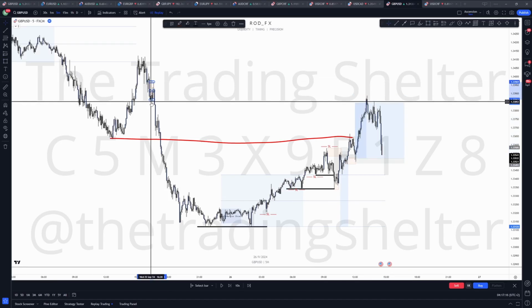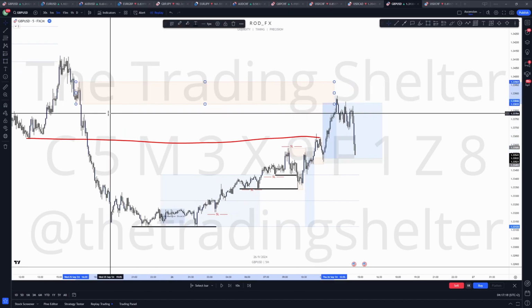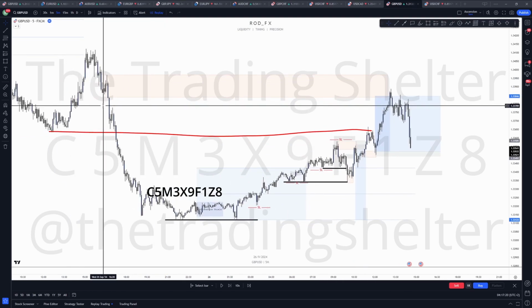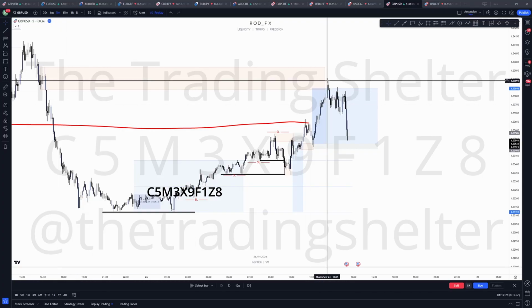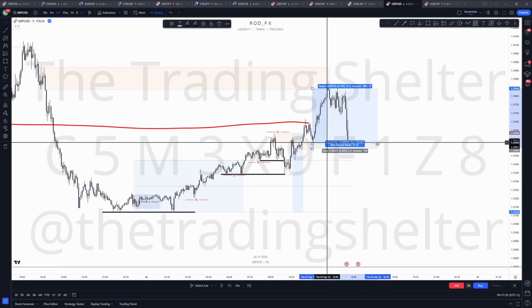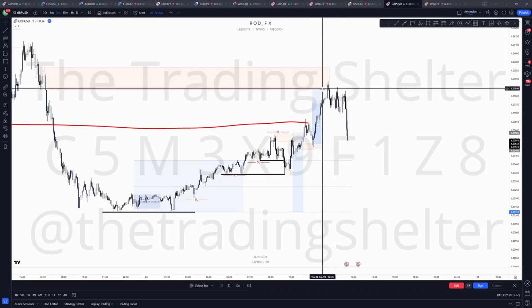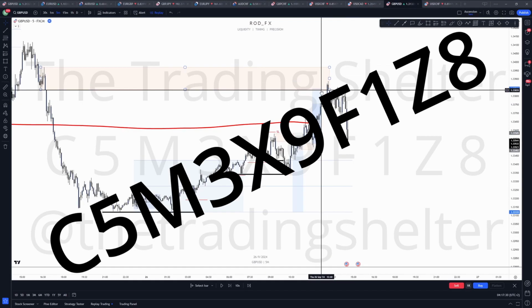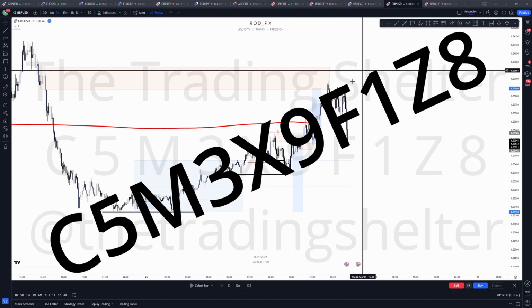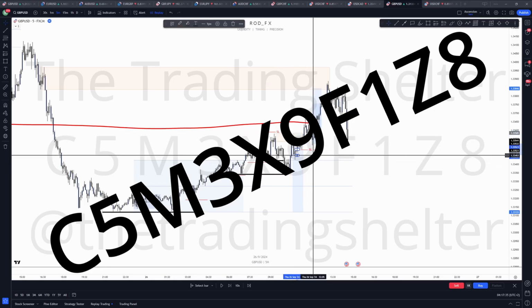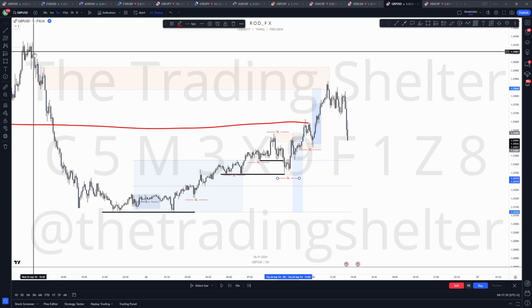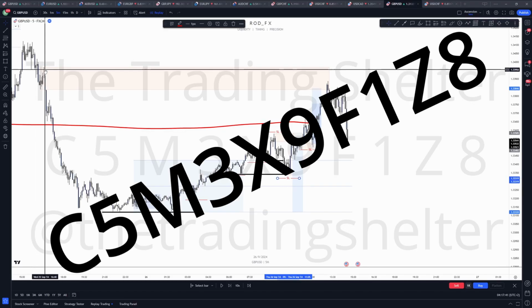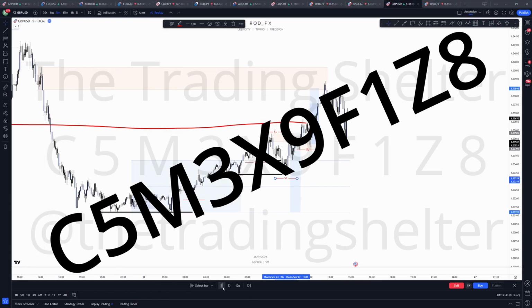The decisional POI here, the imbalance is held. We have no more imbalance. The decisional POI that led to the new low created an obstacle. Look how many entry opportunities. You don't take this one, you take this one. Where's the liquidity now? Boom. There's again liquidity above, but what is it triggered by? It's the decisional POI, right?